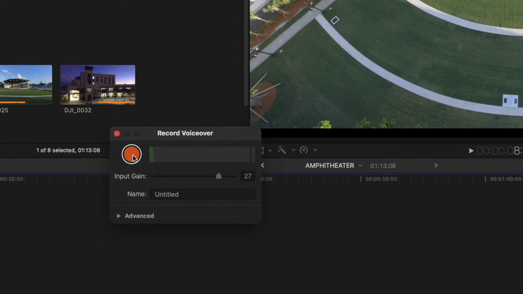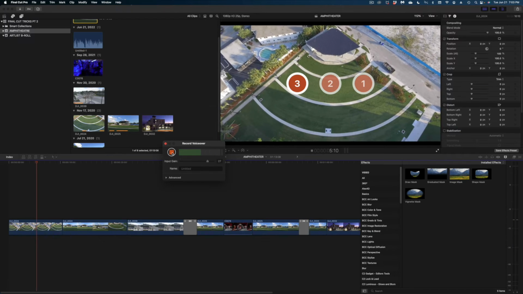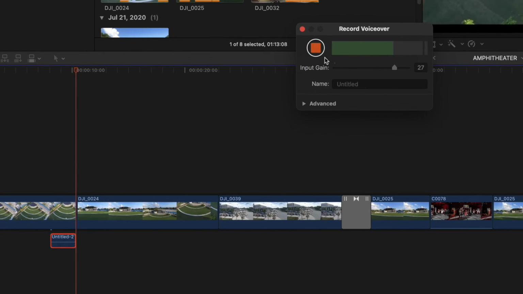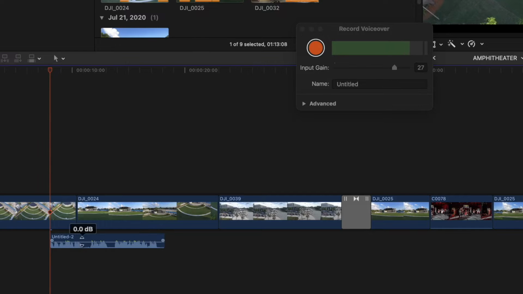Just hit that red record button and it'll start dropping in your voiceover right into your timeline. And so you can narrate what you're seeing as it plays. We'll hit stop there. You could see the waveforms here and you can edit it just like any other audio